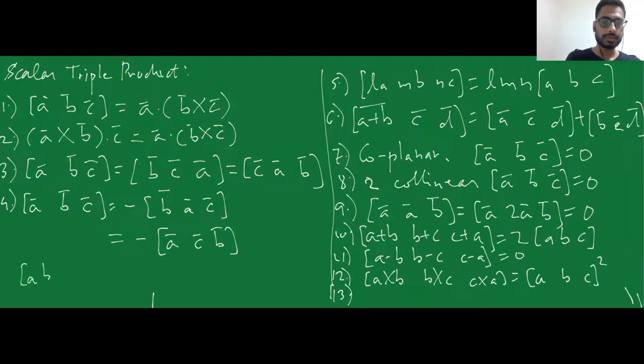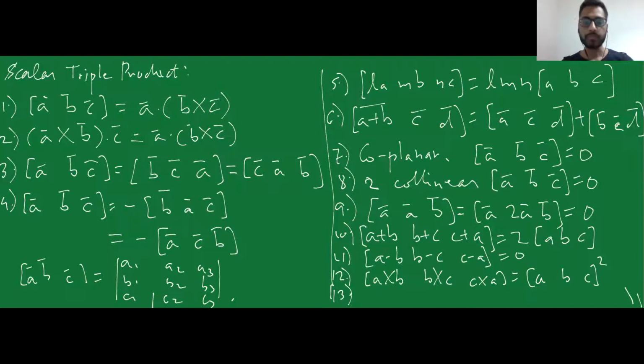And obviously, the value of your box product A, B, C is going to be the determinant with rows A1, A2, A3, B1, B2, B3, C1, C2, and C3. You can interchange all your rows and columns. The values would be the same. If you interchange any two rows, all the properties of determinants are also applicable on this determinant. Okay. So you have 30 seconds, fast copy down. If you have any doubts, you can ask.